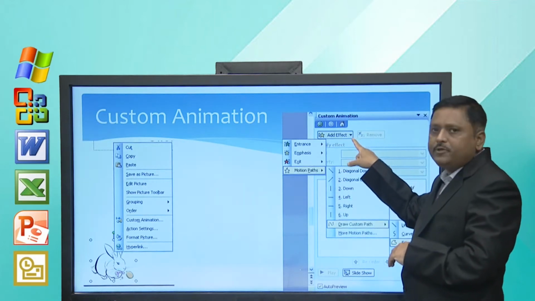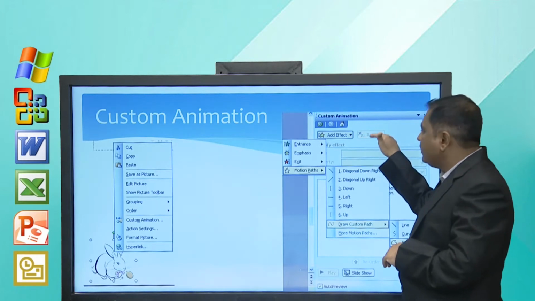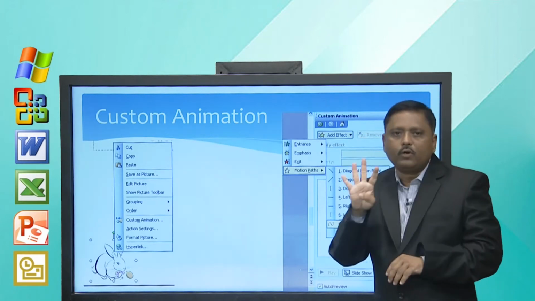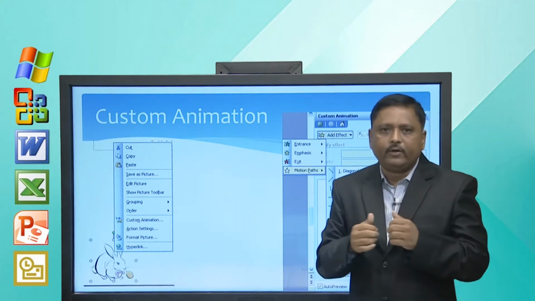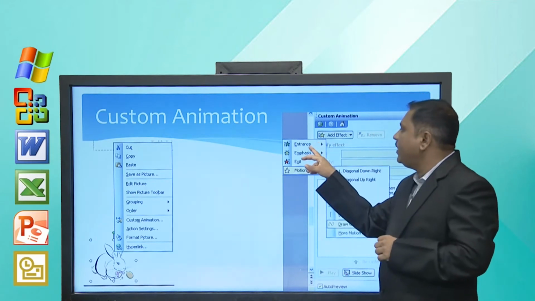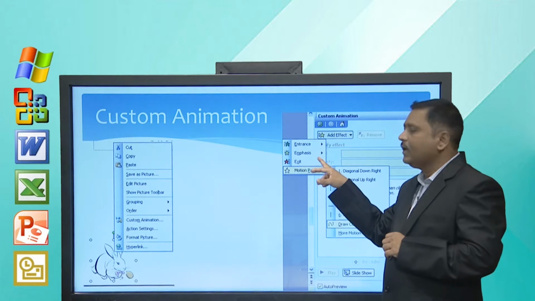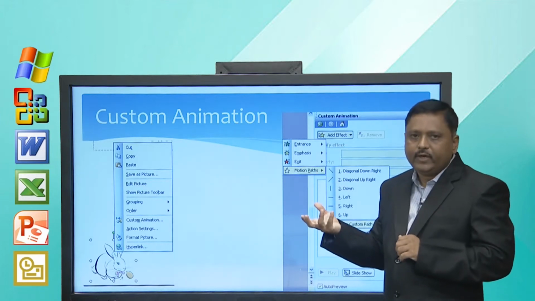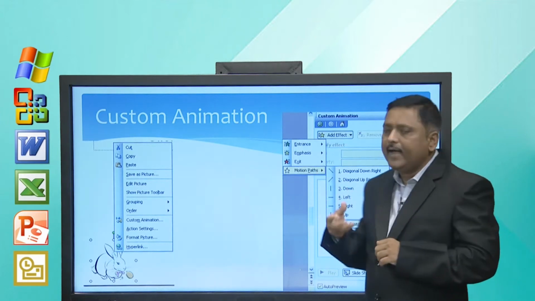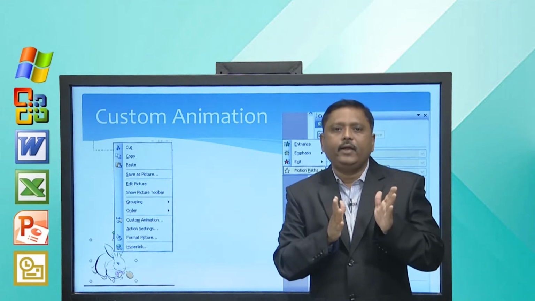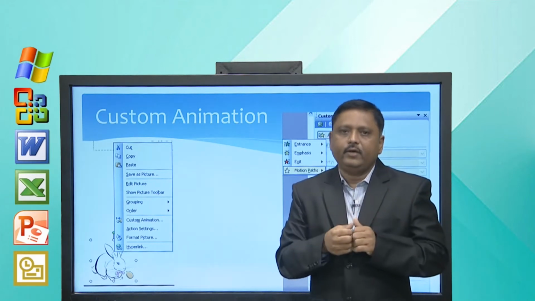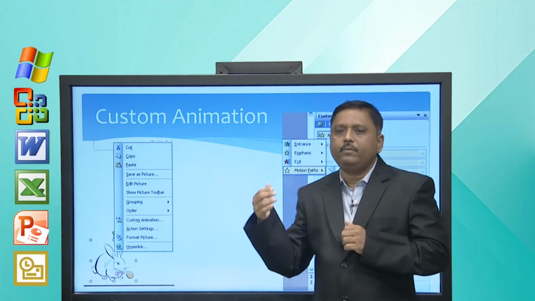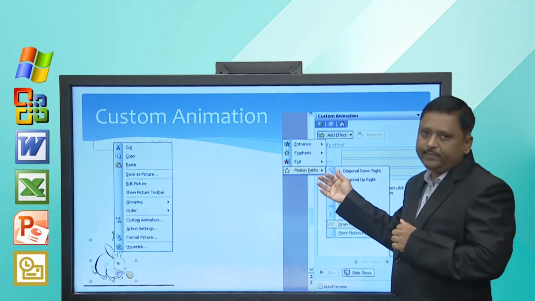Here we have the option add effects. Mainly there are 4 kinds of effects provided by Microsoft. The first is called entrance effect, another is called emphasis effect, the third one is called exit effect, and finally the interesting effect is called motion path effect.